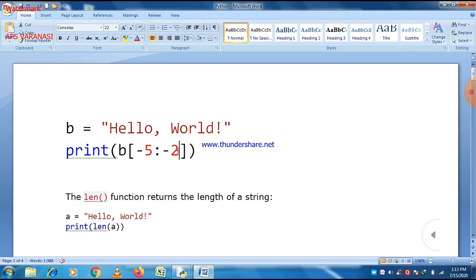So you can use both positive and negative indexing for arrays and for string slices. And there is a string slice here. It starts from position -5 and goes to -2, and always remember that the last value is not included. So all the values just before the last value are involved in slicing.